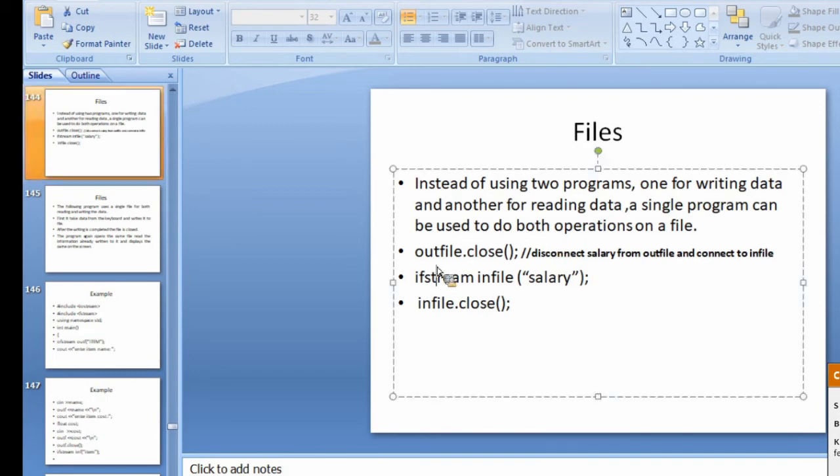See, this is how we are going to close the file. outfile.close, infile.close. Okay, infile was the input file, outfile was an output file we have created. So we are closing outfile.close, that is the output file, and infile.close for the input file. So how do we close a file named data? How can we close a file named data?